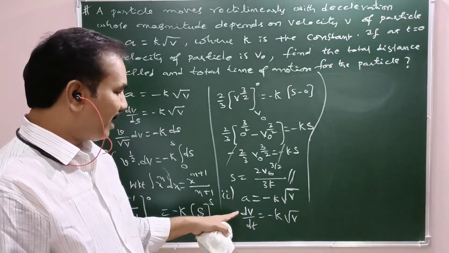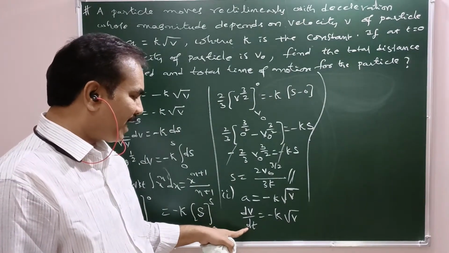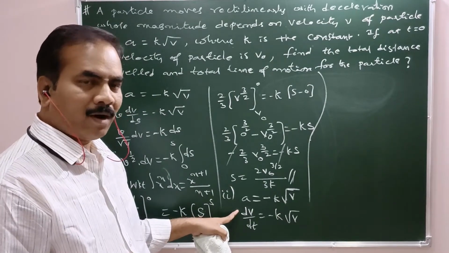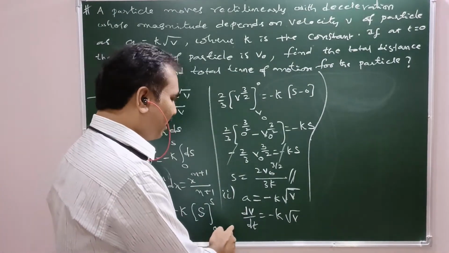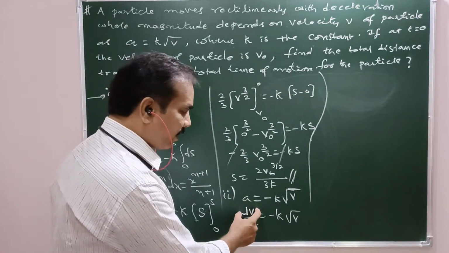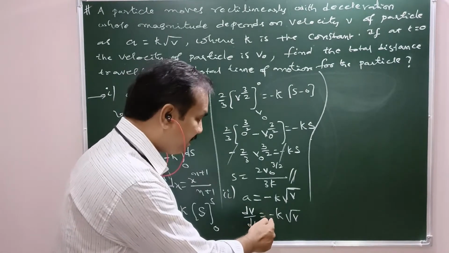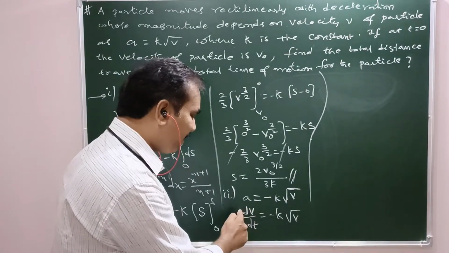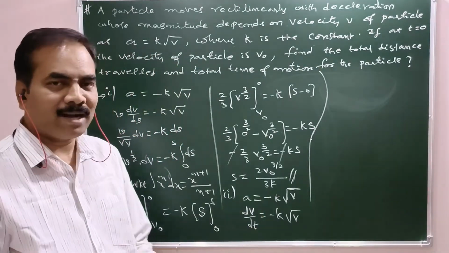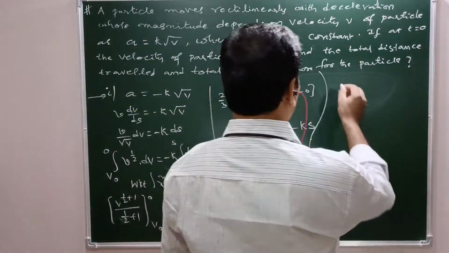Now, if you want to get the total time taken to come to rest, what shall we do? We have to integrate. Why? Because in every dt the decrease in velocity is dv. How will you know? See, this negative sign says that the velocity decreases by dv for every dt. So to get the total time taken to come to rest, take integration on both sides, that is integral